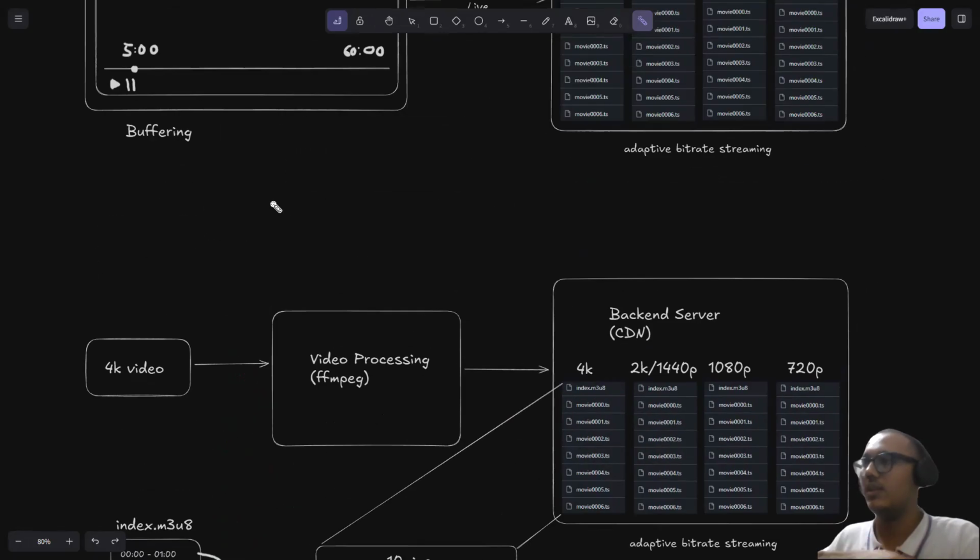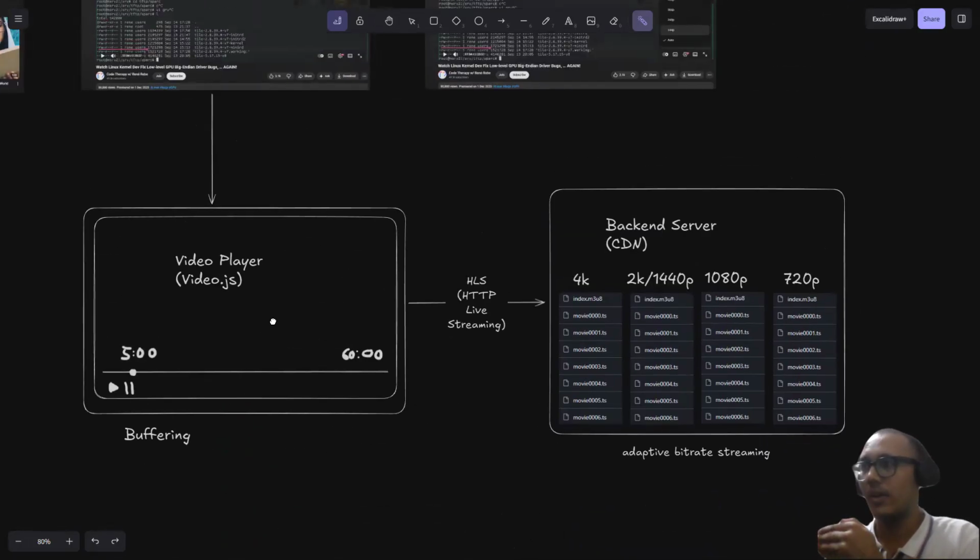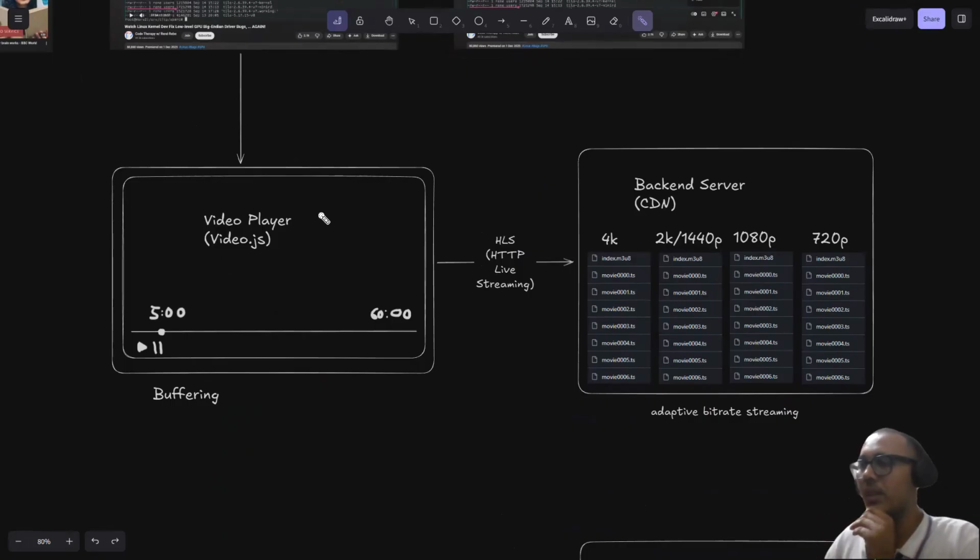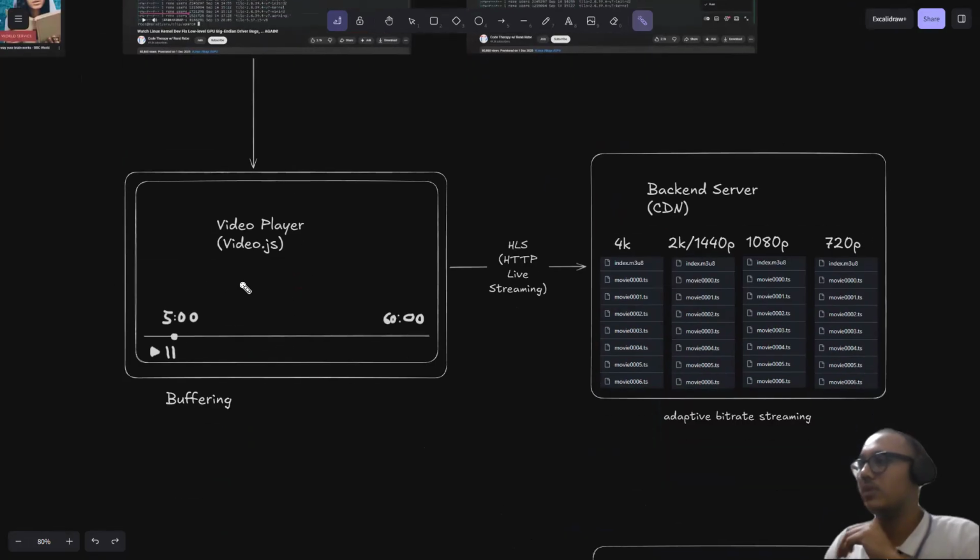So let's talk about how it really works. Here I have these files, FFmpeg processes these files, and I have these multiple resolutions of video files. This TS is a transport stream. So this is my video player, just like YouTube. Suppose I start the video. What happens behind the scenes is that this video player, let's consider VideoJS,